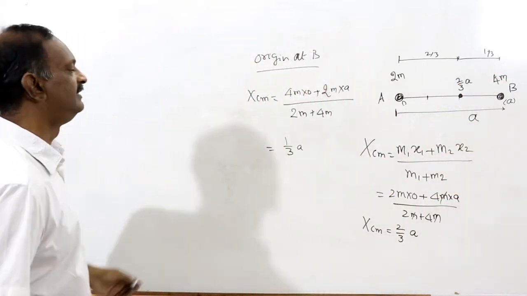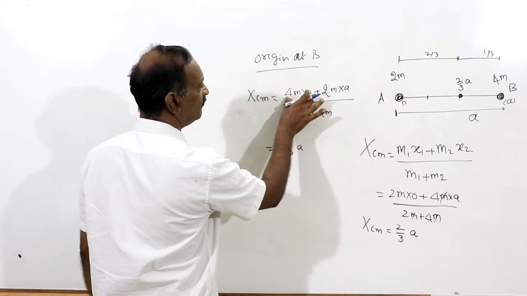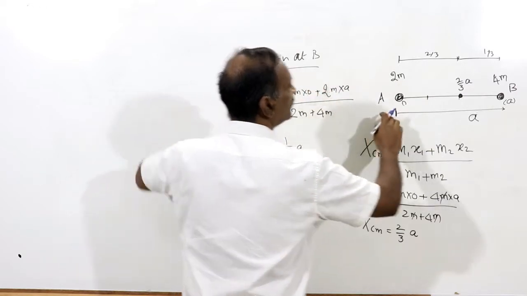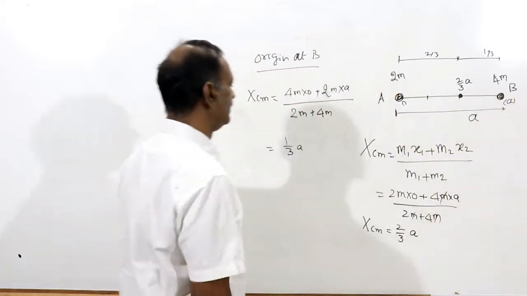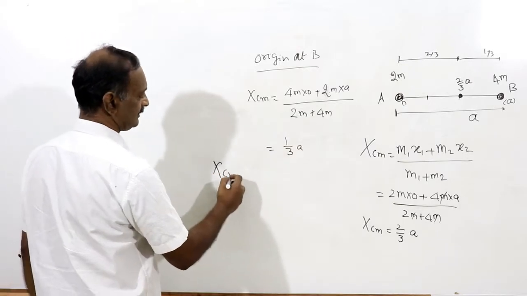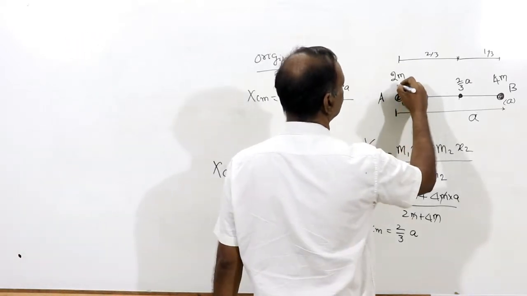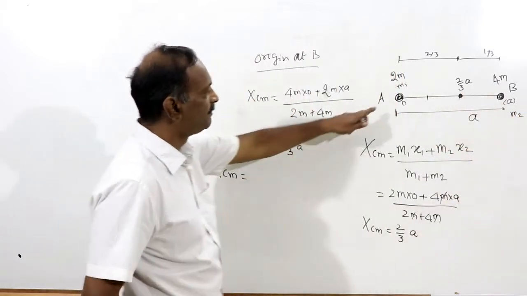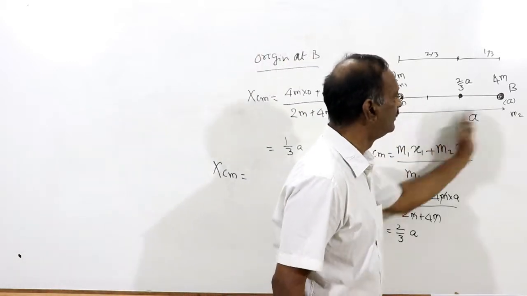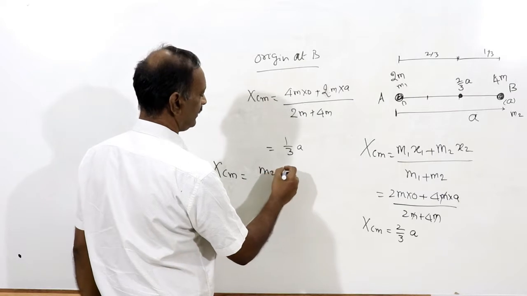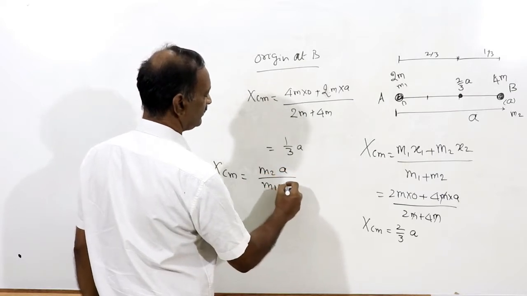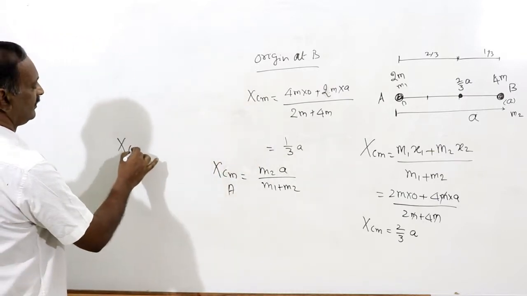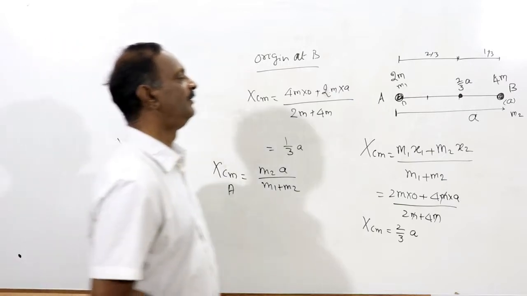How to find out the formula easily? Now you see here, this portion is M1. If you take about this point, this portion becomes 0. It means you have to take the opposite mass into the distance. Simply we can say XCM, here M1, in this case M2. XCM about this point is equal to M2 into the distance, divided by M1 plus M2, about the point A. And XCM about B, when you take B as origin,